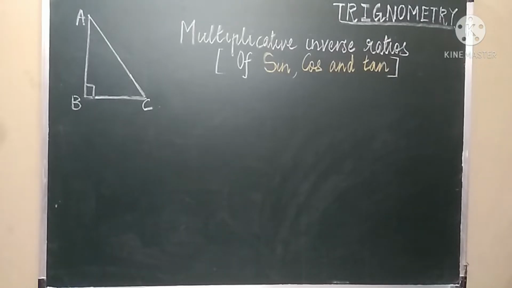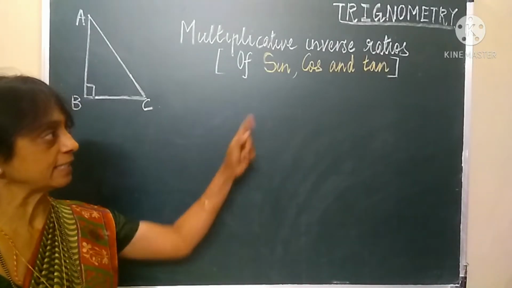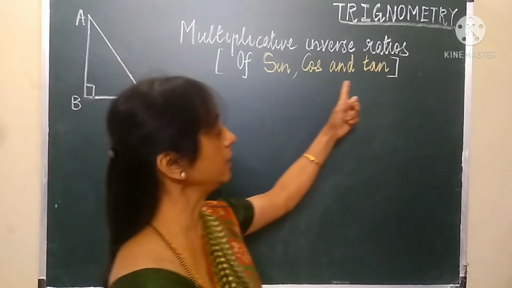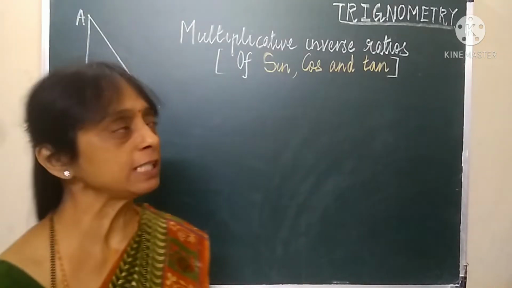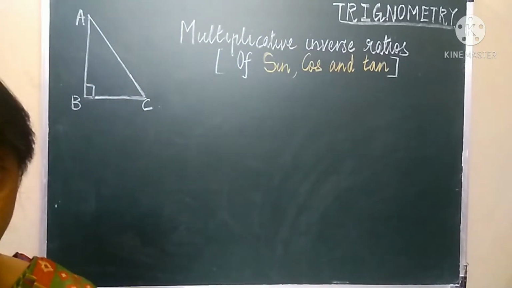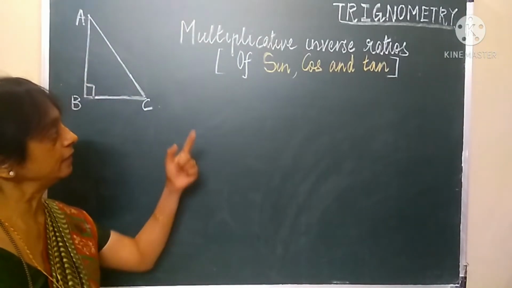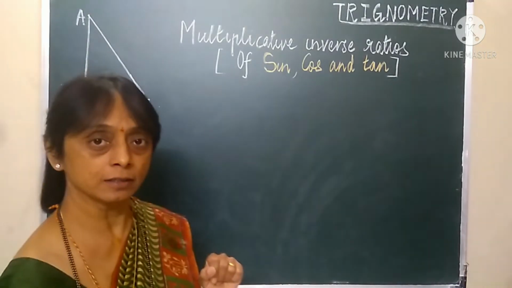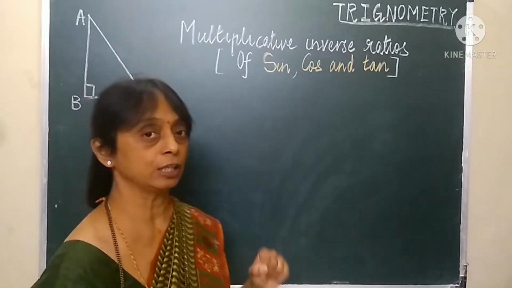So children, now as we know the basic trigonometrical functions sine, cos and tan, let's move on to find out the multiplicative inverses of these three basic trigonometrical functions. They are also called as inverse ratios or reciprocals. The first one to find out is the multiplicative inverse of sine trigonometrical function, the second cos